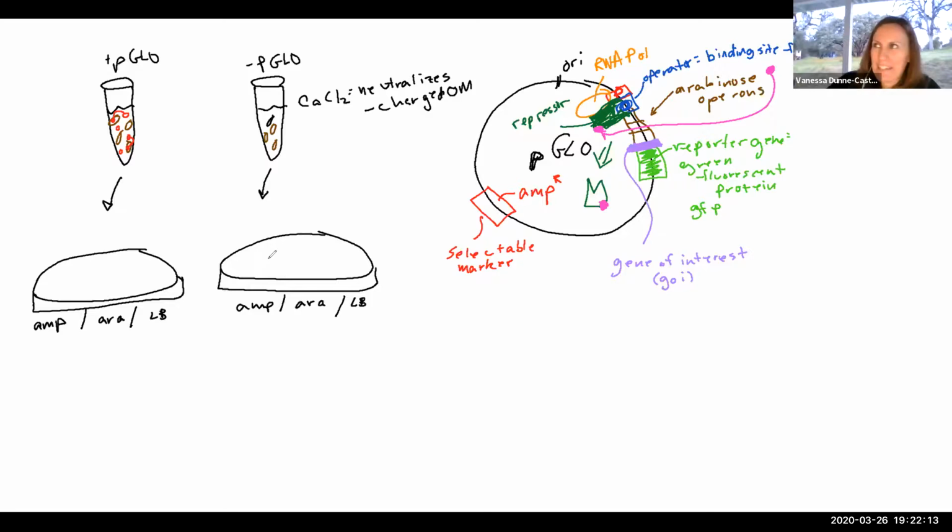Okay, so it's expected that there's no growth here. So there's no growth here at all, expected at least,